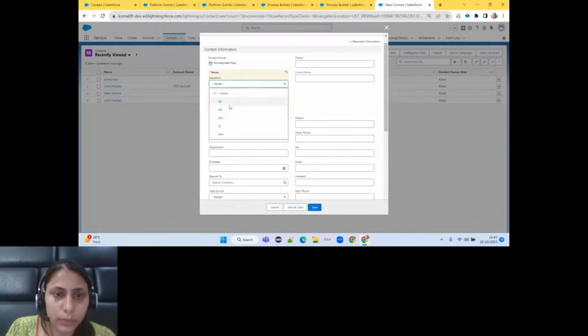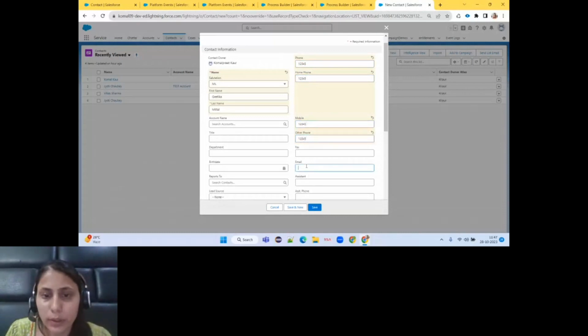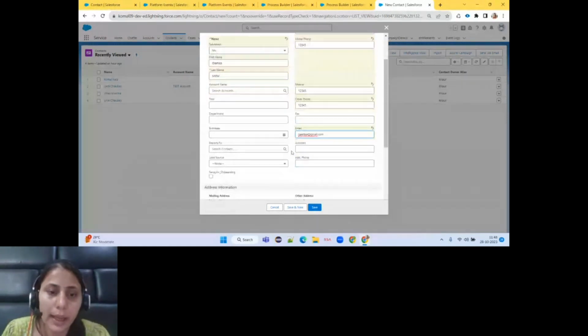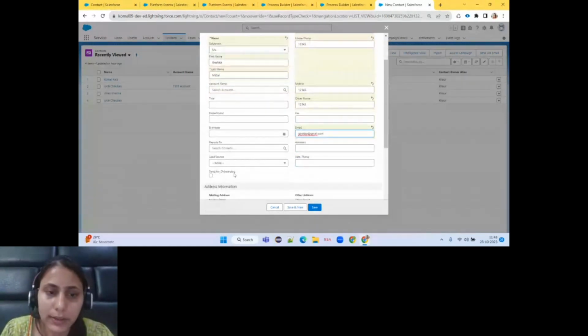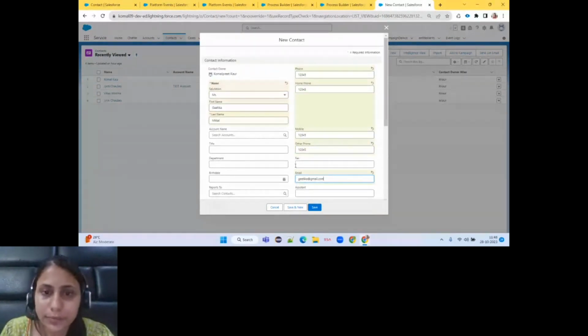Then we have phone. Let me give a random value. Then one more field that was part of our platform event was email. Let me give an email. Now you can notice that I have not checked this field. I will save this.